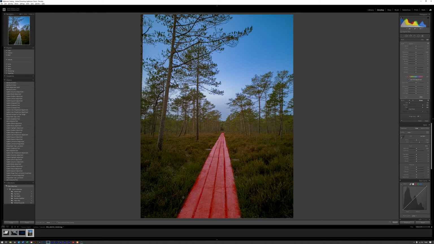So it's like, no, definitely don't want to see all that being adjusted. All we want to adjust is the boardwalk effectively. So I can just come down here and just adjust that like so. Marvellous.